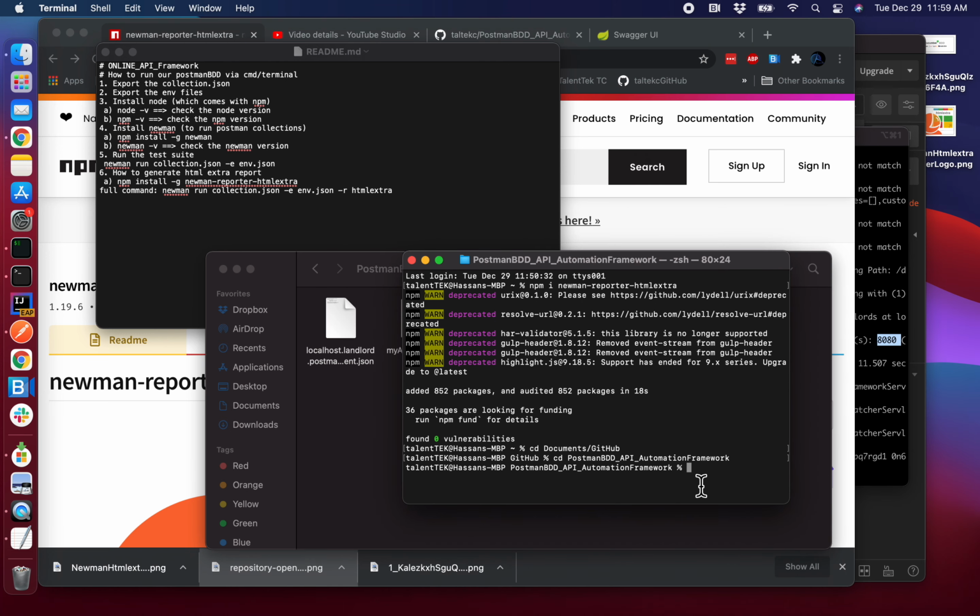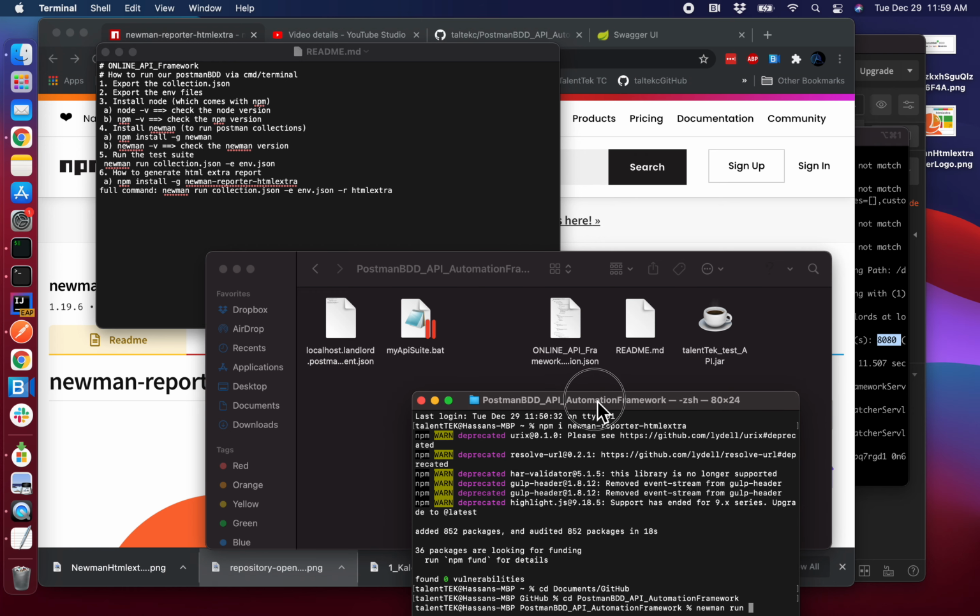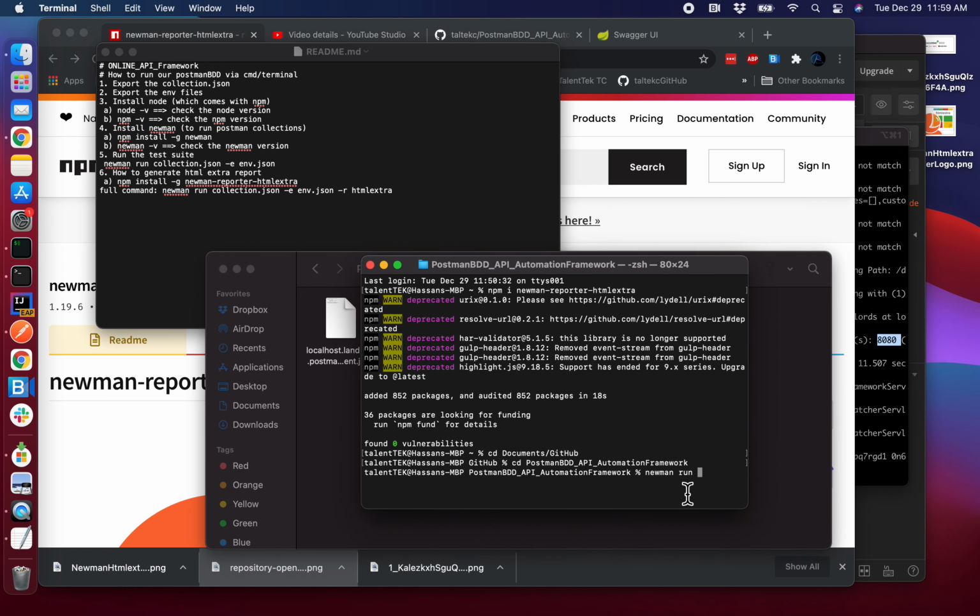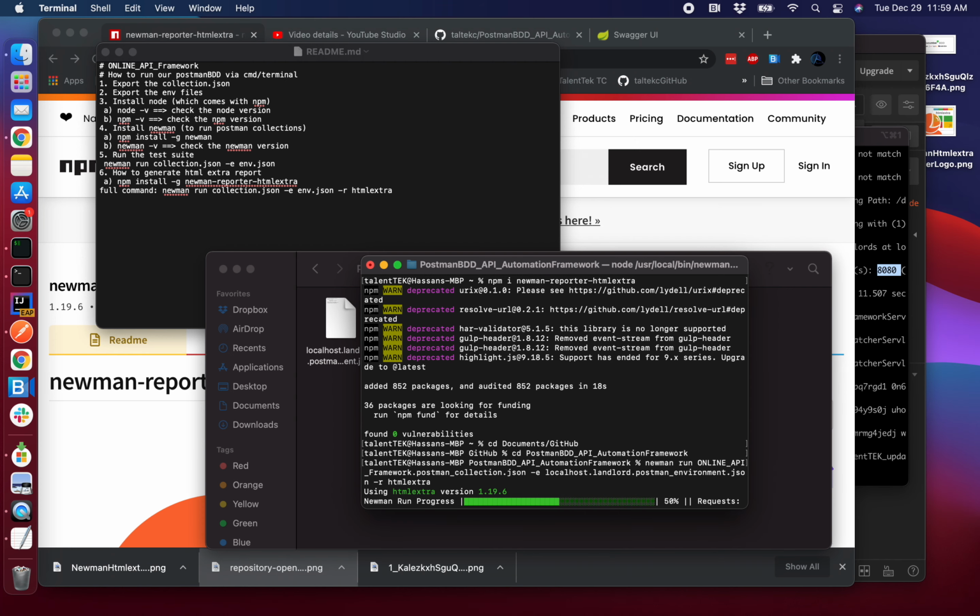All right, cool. So the command is newman run, and the name of the collection. So what's the name of the collection? It's called online API. So I'm going to say online API collection, and then hyphen e for environment, and the environment we're going to run against is localhost, which is this, and then hyphen r for the report, and then the reporter is htmlextra. So htmlextra. All right, so I'm going to fire this command, and as you can see, behind the scenes,